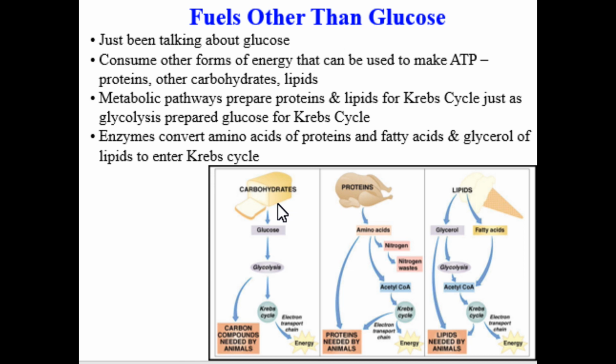So carbohydrates, clean burning, in the sense that carbon dioxide and water is produced. Lipids, clean burning in the sense that carbon dioxide and water is produced. Proteins, not clean burning because they produce this waste, nitrogenous waste. All right, so we've just looked at very simple glucose as our fuel, but it is similar for these other types of sources of energy besides simple carbohydrate, simple sugar like glucose. They can enter into these same metabolic pathways and they can be used to make ATP. So that concludes this